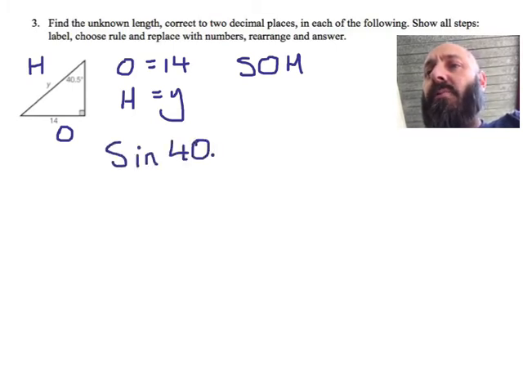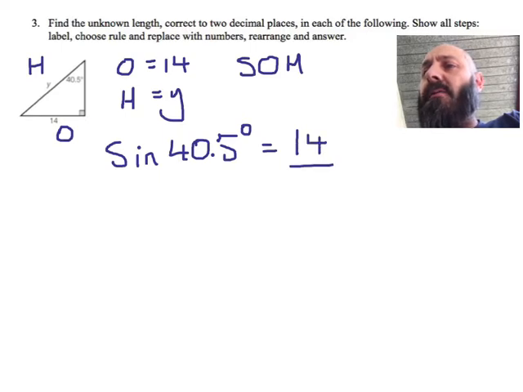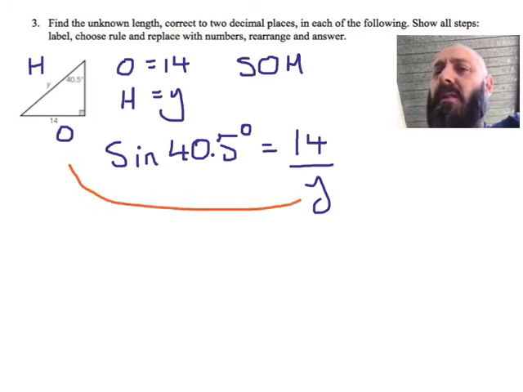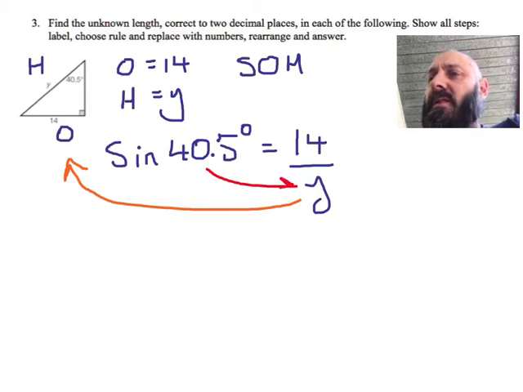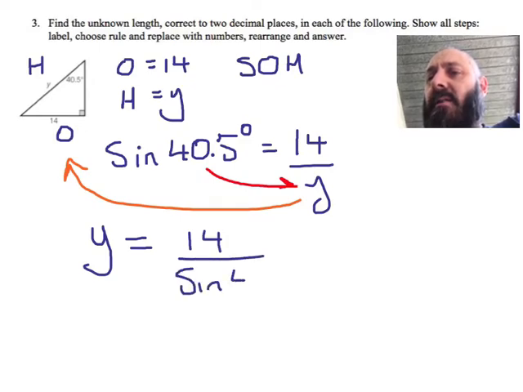It's 40.5 degrees. So sine 40.5 degrees equals 14 over y. I've used a different colour so you know that I want to get this unknown over here, but I also then want to get that sine over with the rest of the numbers that I can work out. So I'm going to have y equals 14 over sine